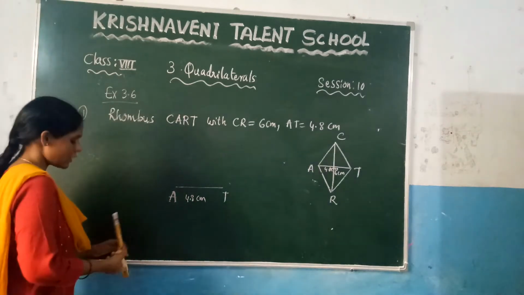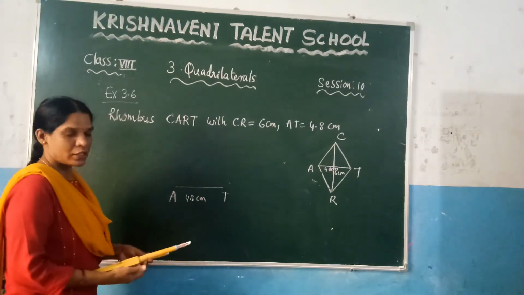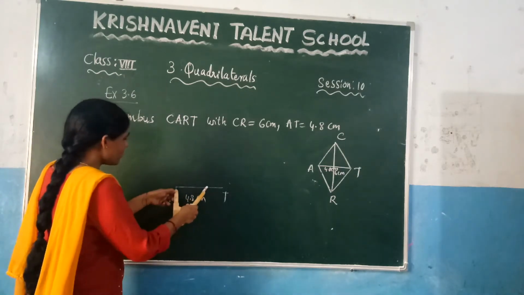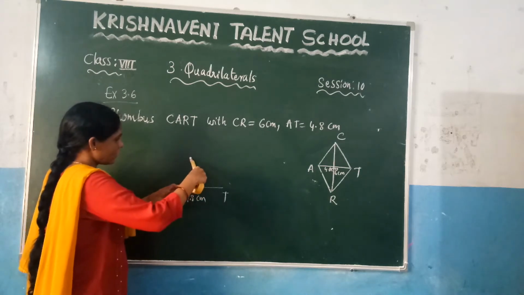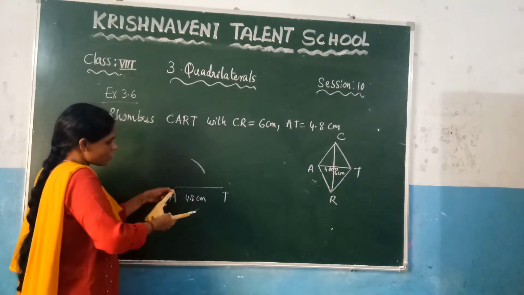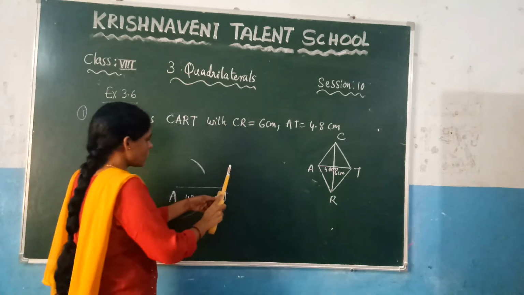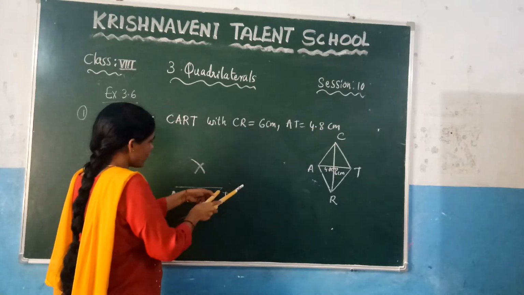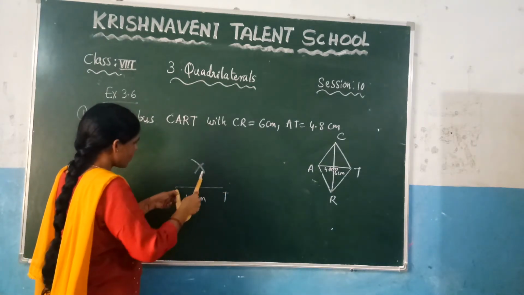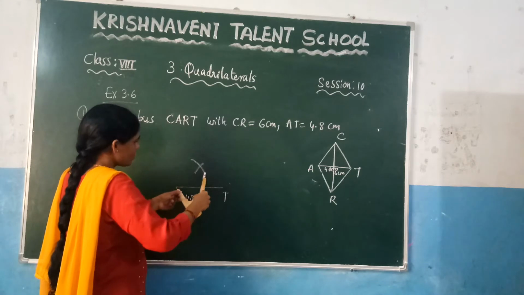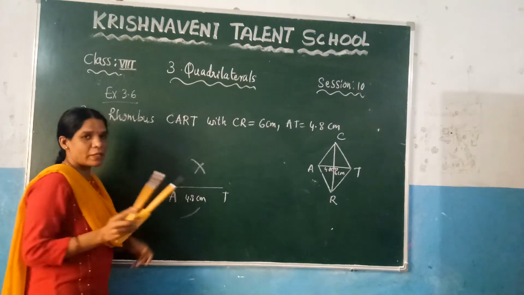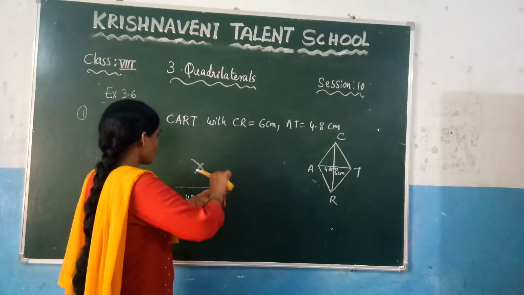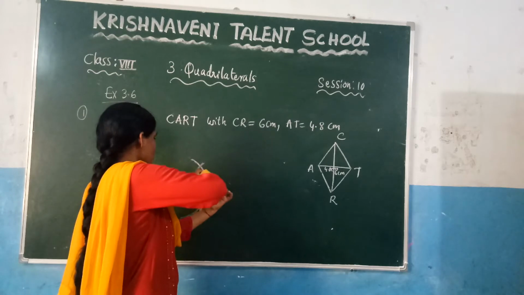So how to draw the perpendicular bisector? Take more than half radius. You know that this is more than half. So here keep one arc, and similarly down also keep one arc. And without changing this, at this point keep one more arc, and down also here. So I am drawing again. So here you need to keep one arc by taking more than half radius, and again without changing this, at this point here draw one arc, and similarly down also draw one arc.